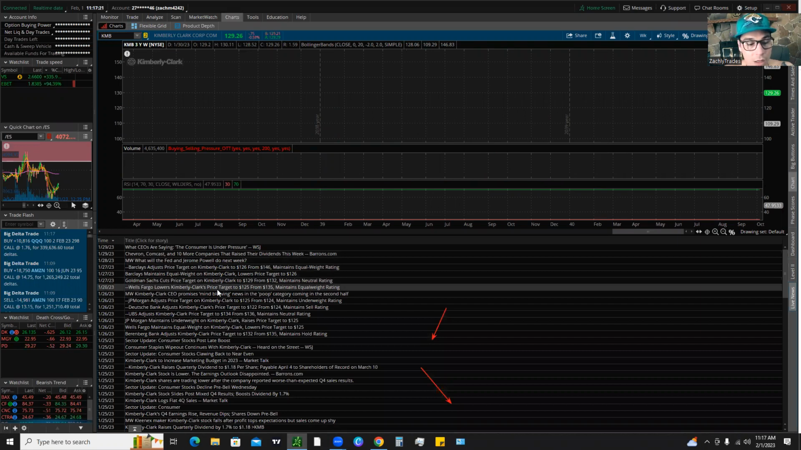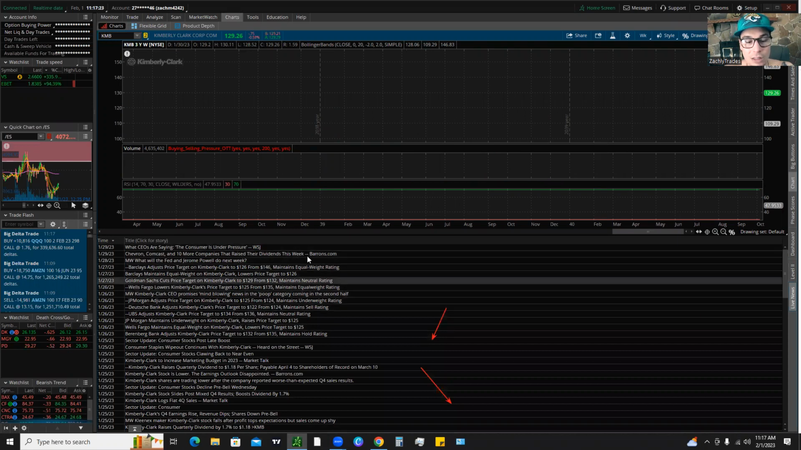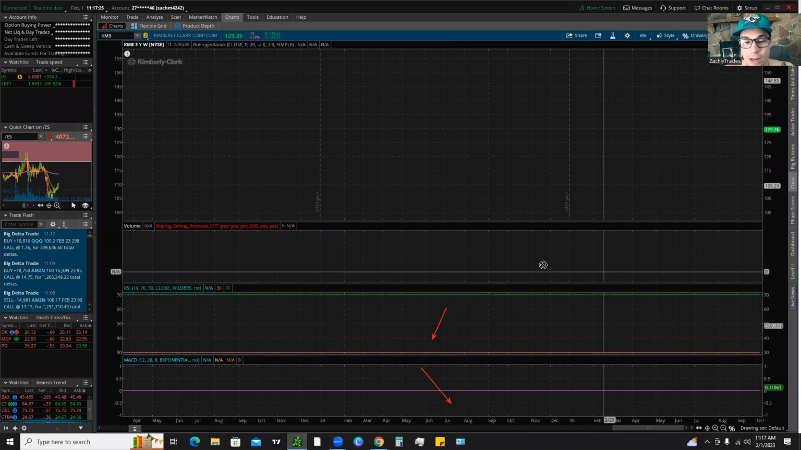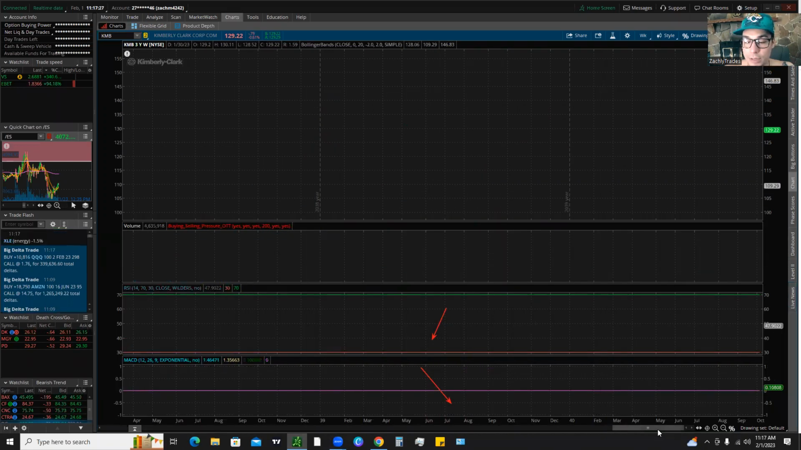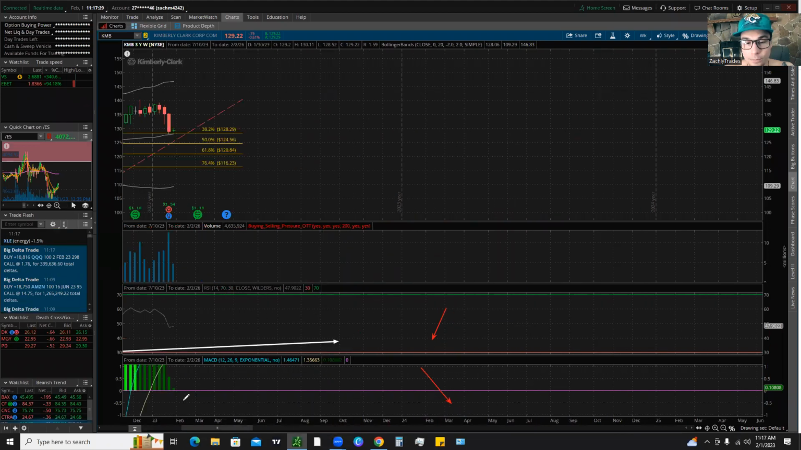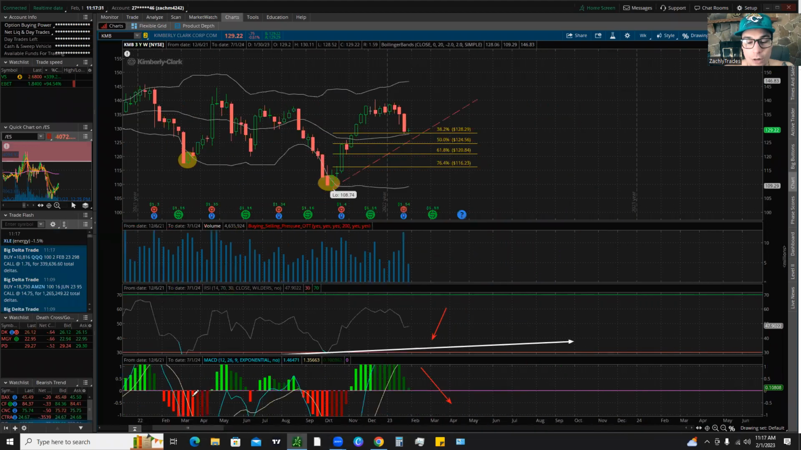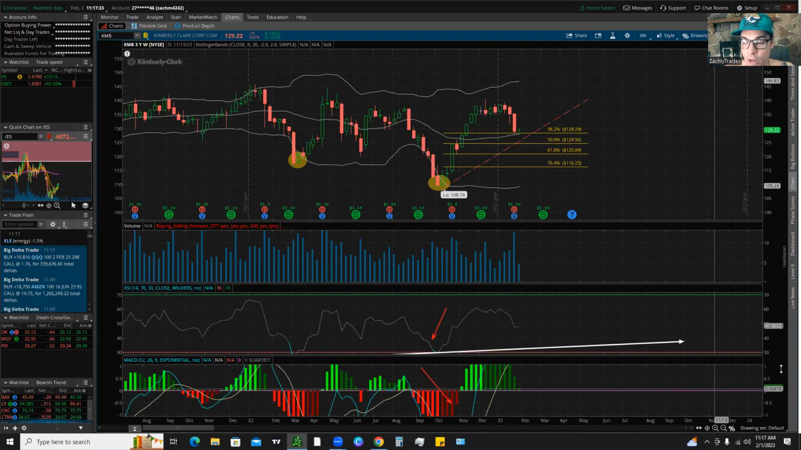Wells Fargo lowers price target. So, this is a little bit of a negative catalyst that the stock has got that's been causing some downward pressure on top of earnings. But if we zoom back to our current price action and what we're looking at right now,